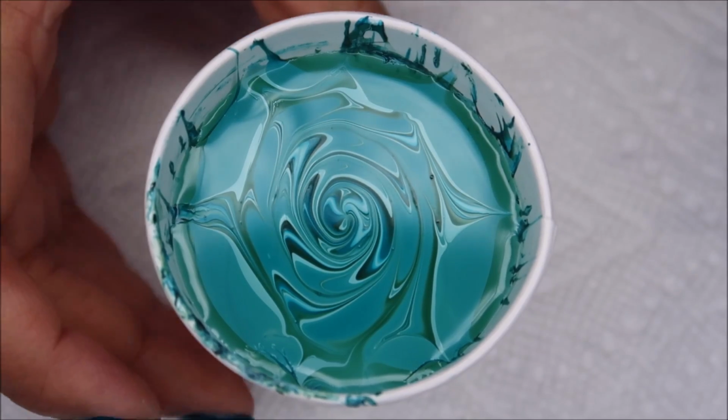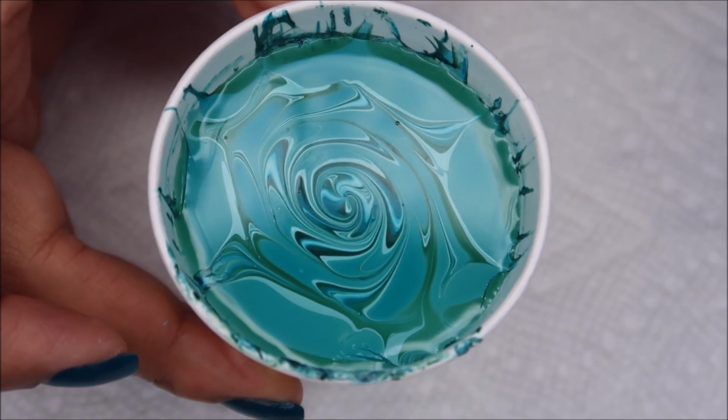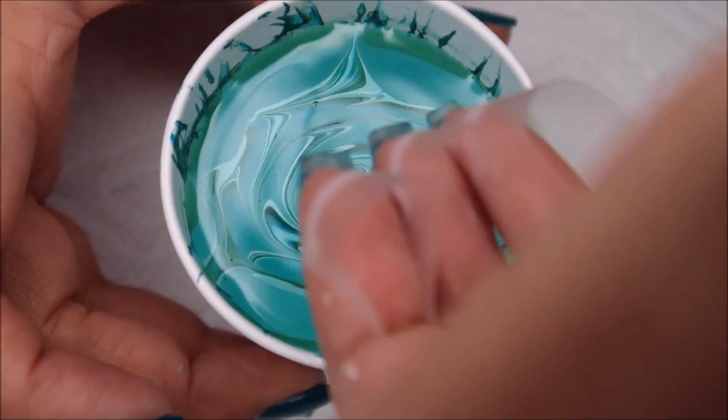For this particular cup, I'm going to be dipping my ring finger, my middle finger, and my pinky. I'm going to line them up at the angle where it's easiest for me to dip, aiming the center of the spiral for my ring finger, and then